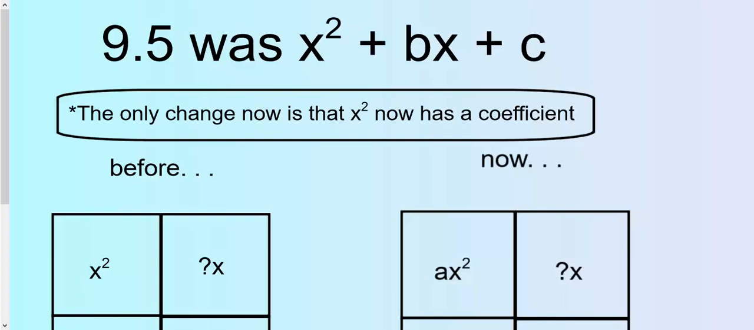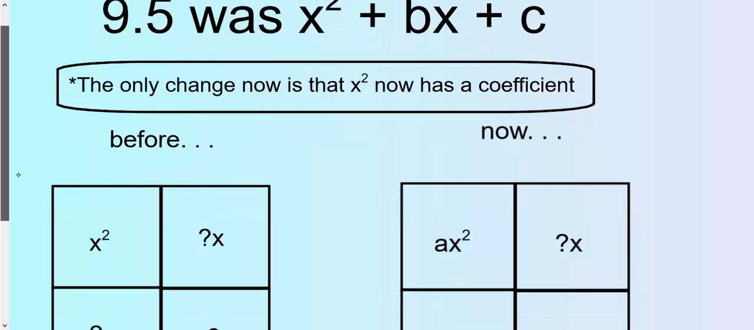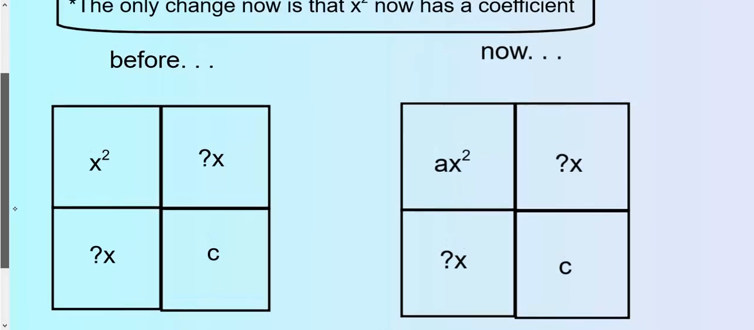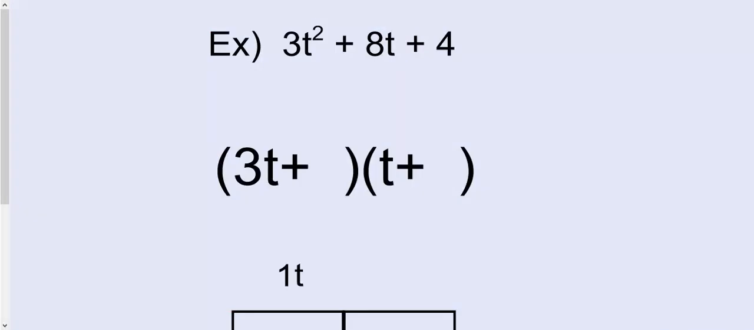In 9.5, A was always 1. Now the leading coefficient is not going to be 1. And we're going to have to fill out our box, and it is slightly more complicated. For some of them, it's not. For example, if A is 3 in this case, if A is prime, it really limits your options because